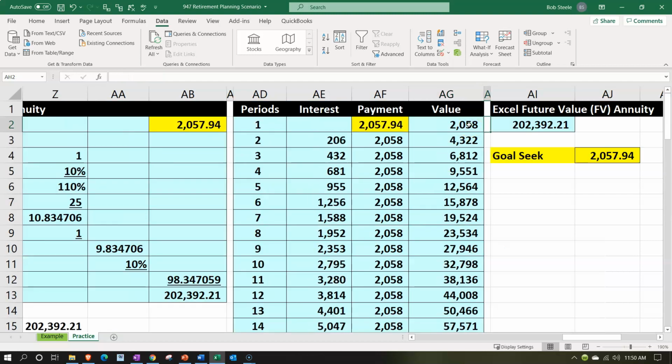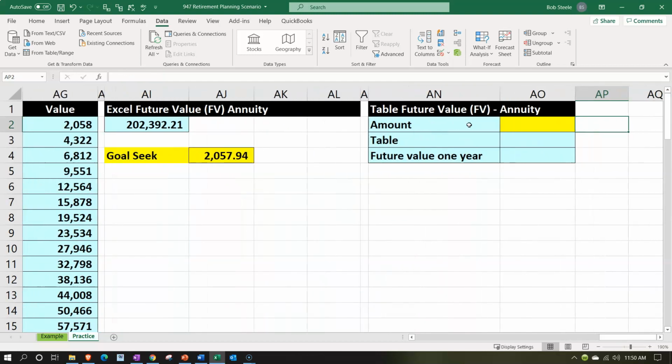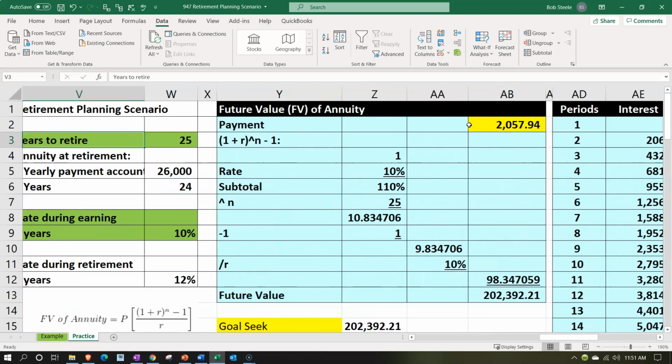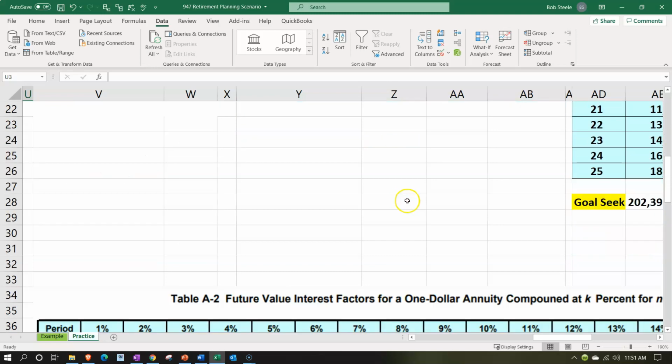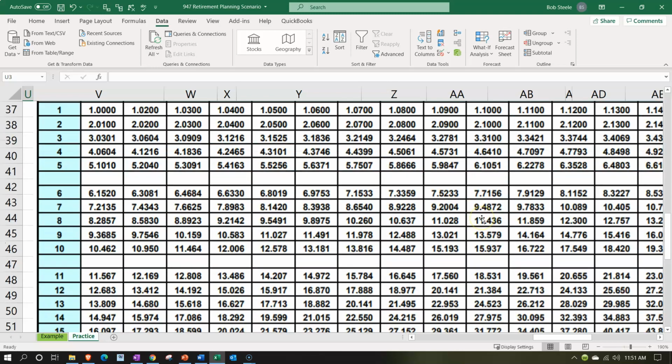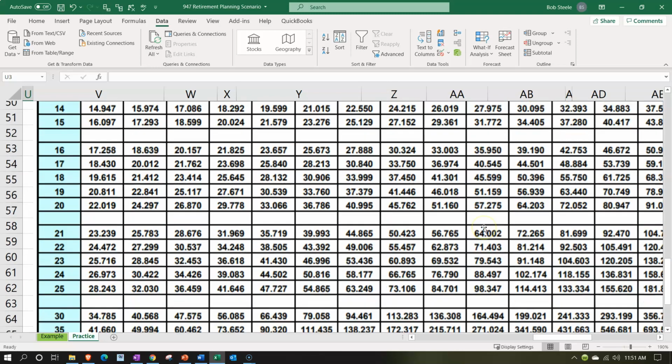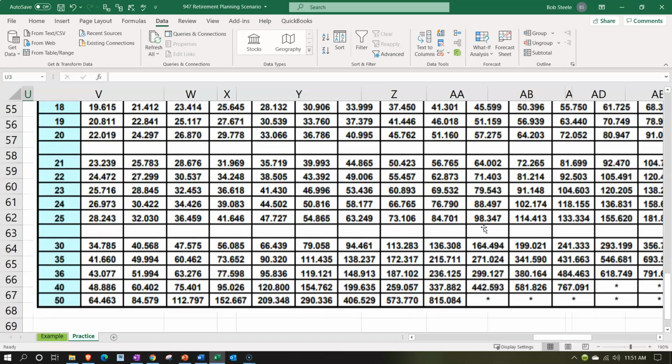All right, let's do it one more time with the tables. Table time. So we don't know the amount. What we do know is the end result. The end result needs to be that 202,392.21. And we know the table. We can pick up the table amount because we have that information. It's at 10% and 25. So 10 and 25 are what we're looking at here. 10 and 25 is down here. That's going to be the